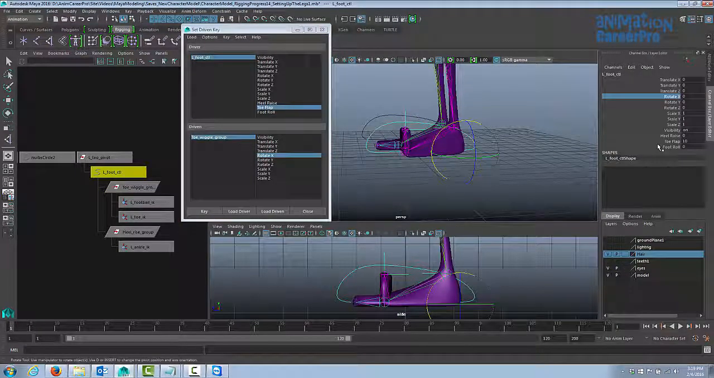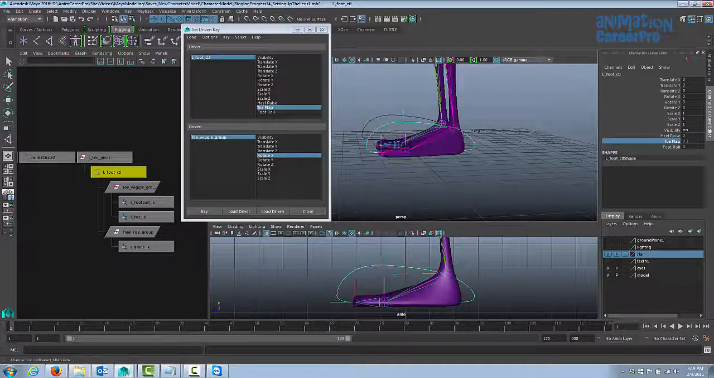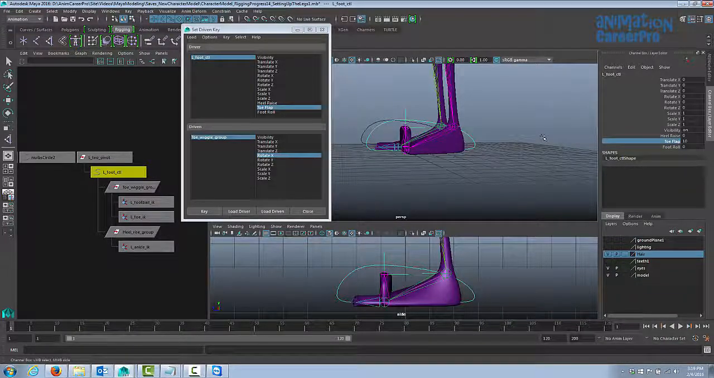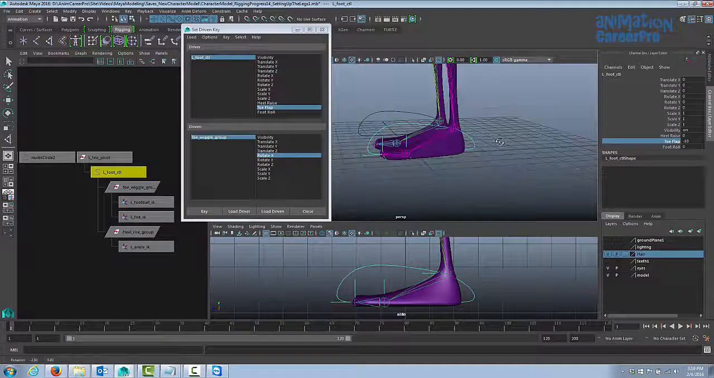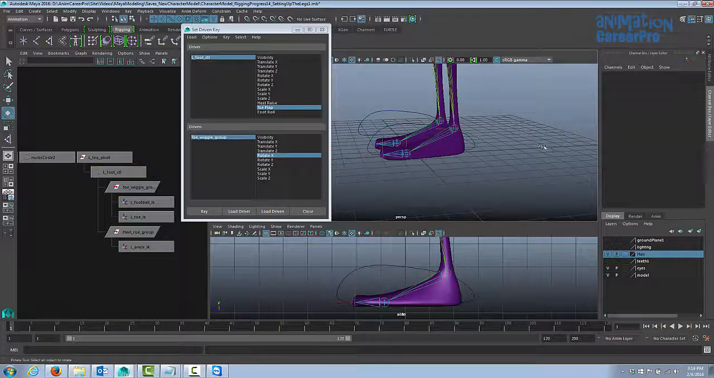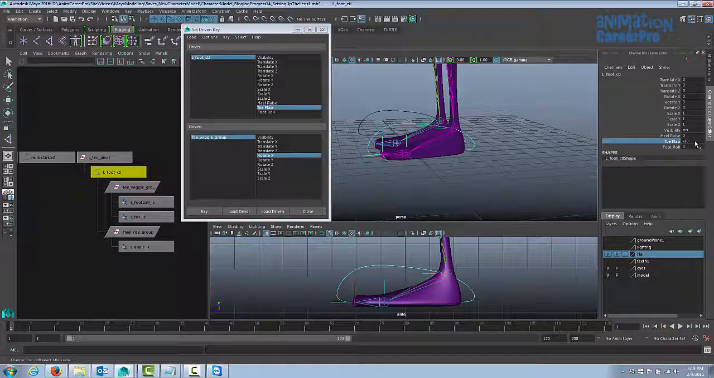Now if we select our foot control, we highlight the toe flap attribute. We can middle mouse button drag. You can see that 10 is all the way up, and if we drag all the way to the left, it just goes flat. So we haven't set the negative value for it yet. So we'll type in -10 here, or just middle mouse button drag all the way till it goes to -10,